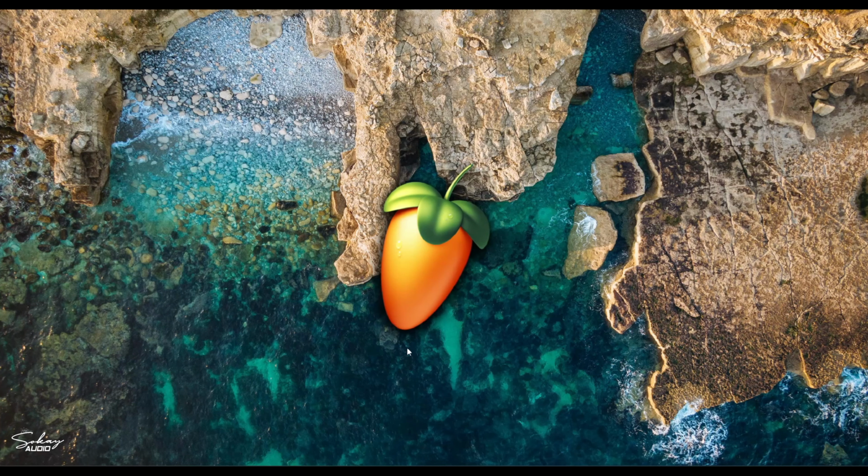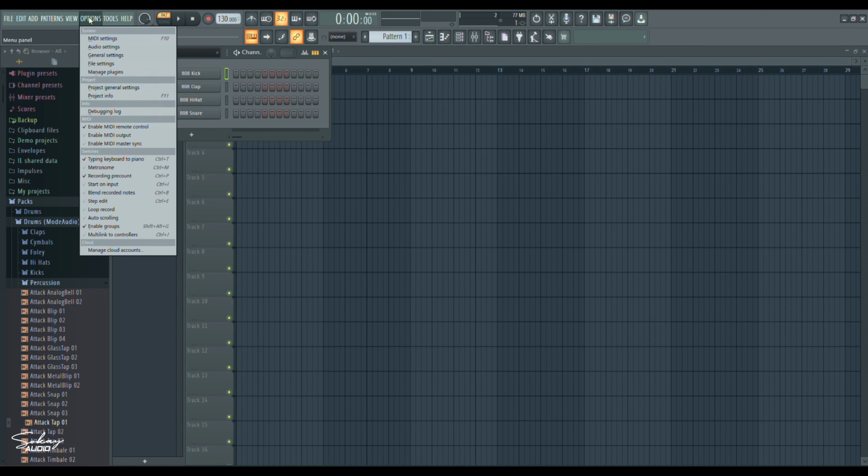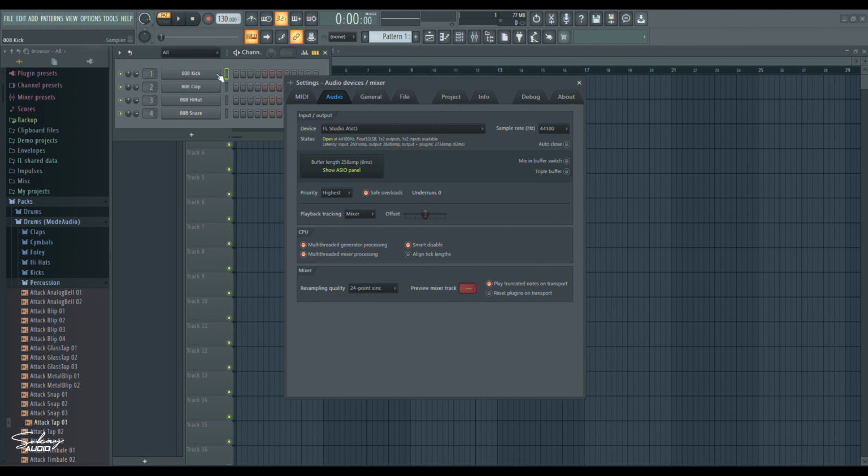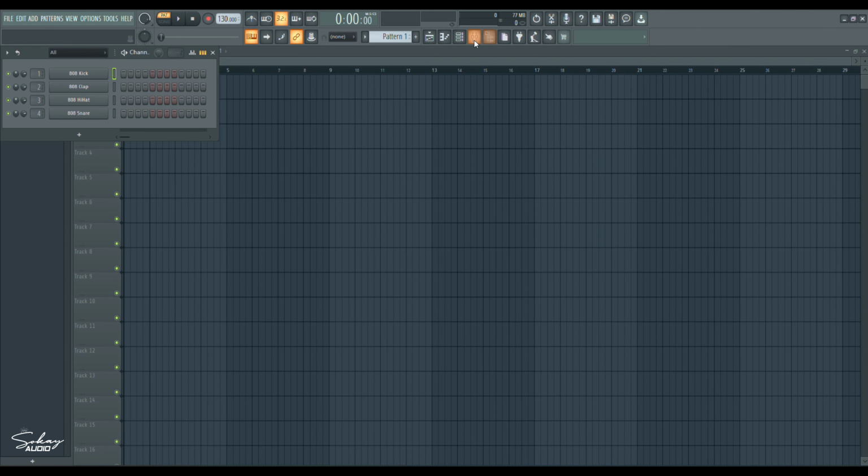So you open your FL and then you go to your options, audio settings, you select the Sokay CS-22A audio USB just to check it so that you can understand what I'm saying. You close, you should be able to have your output, but then to get your input,